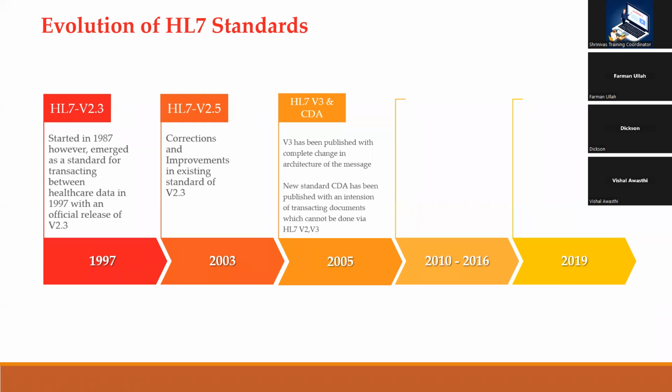V2 was totally different, V3 was totally different. And V3 was not very much welcomed by the industry. There are a couple of reasons for that. Number one, the first reason is its complexity. It was not as easy as V2. So people did not find the competency in the market at that point of time to implement V3